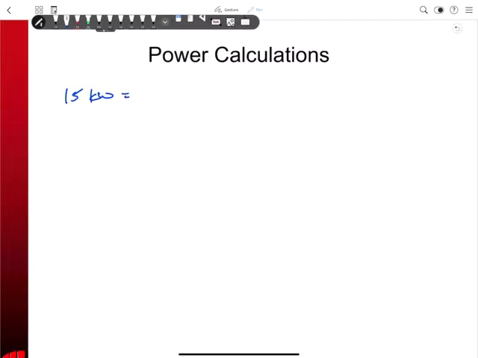equals 15,000 Newton meters per second. Now, that's not a very useful unit for me, because I'd rather work in millimeters. So it could also equal 15 million Newton millimeters per second. Why would I convert 15 kilowatts to 15 million Newton millimeters per second? Because this is convenient